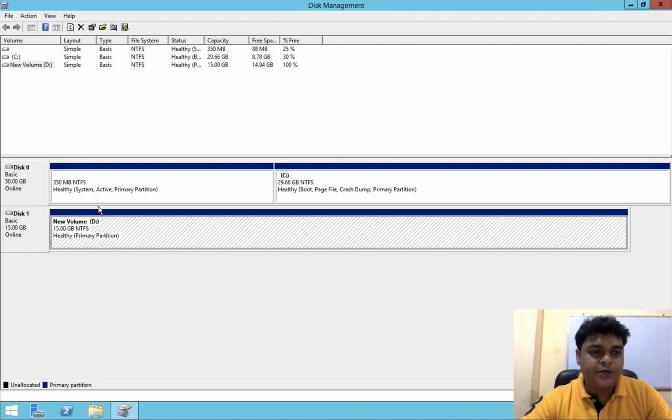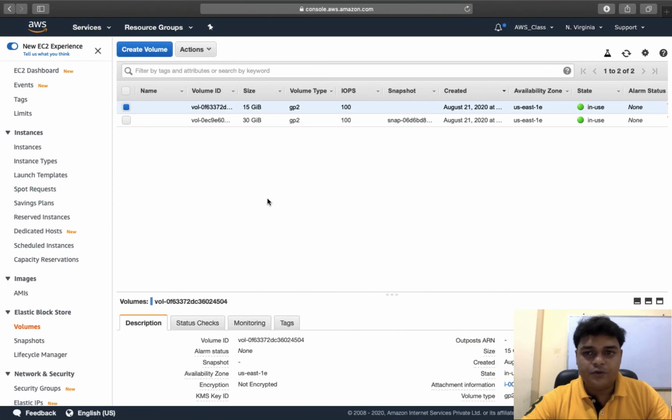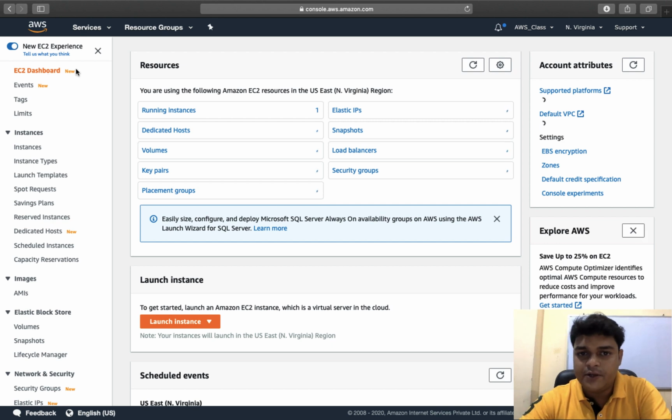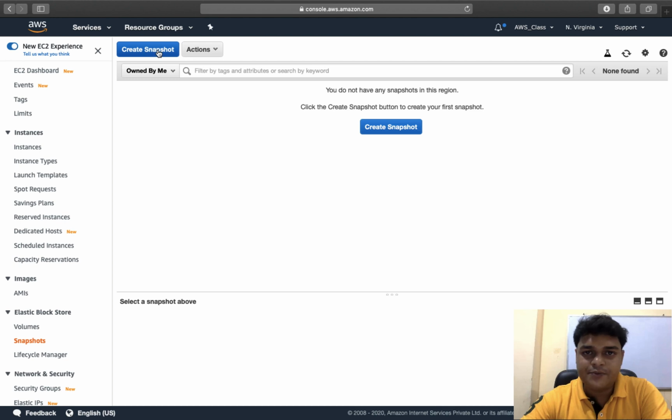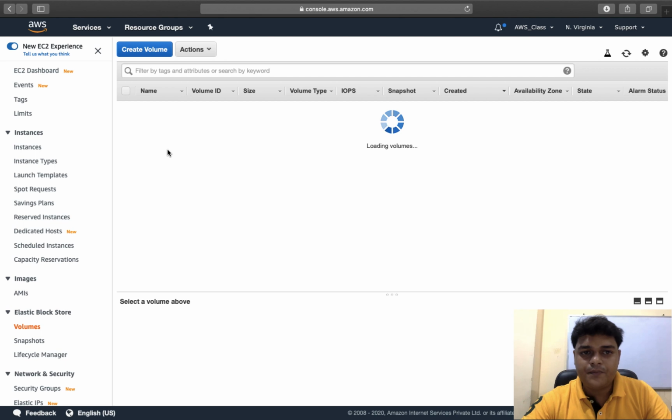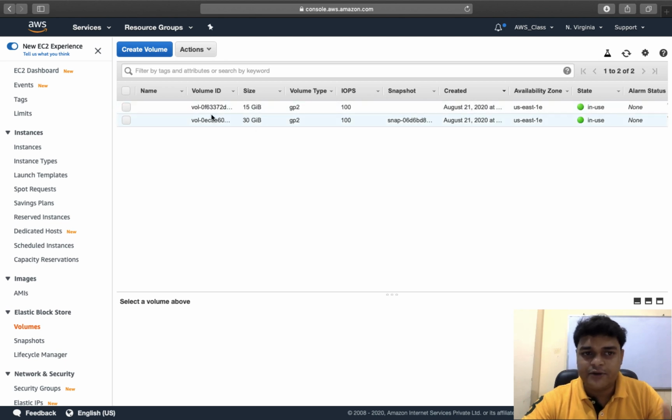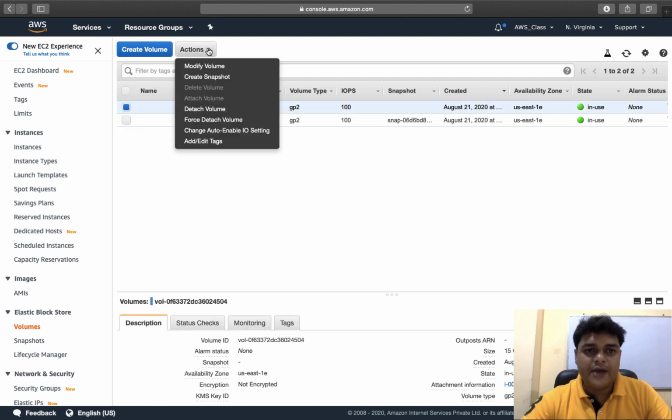Now our responsibility is to take the snapshot of the disk that we created. For the snapshot, we have two different ways. You can click on snapshot and click create a snapshot, but in this case you need to provide the identity of your disk. If you have multiple virtual hard drives, it's really difficult to choose the right disk identity. So I'm going to open the volume and select the virtual disk that I want to take the snapshot of. Go to the action and it gives you the option to create a snapshot.